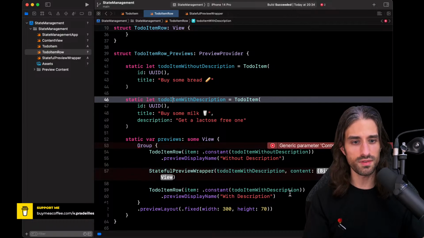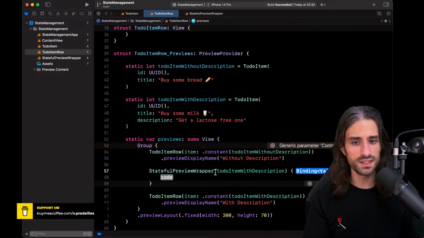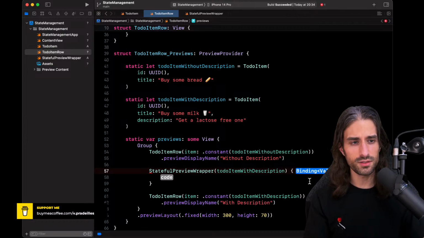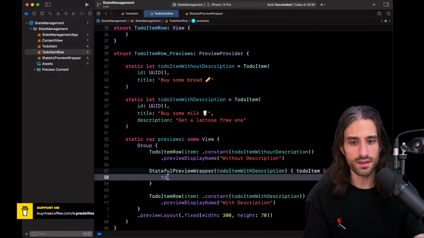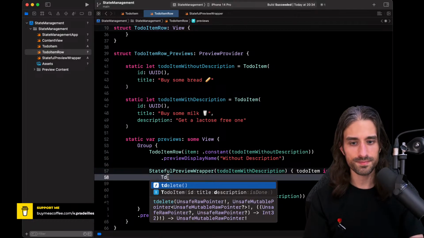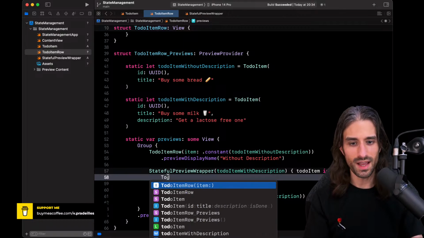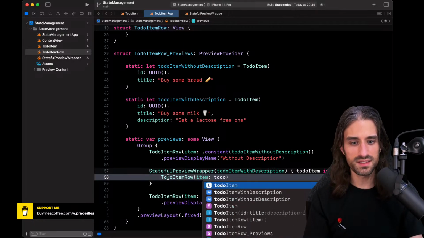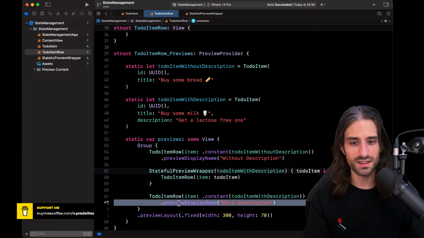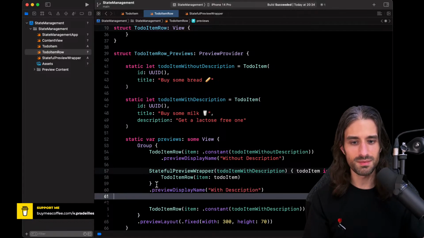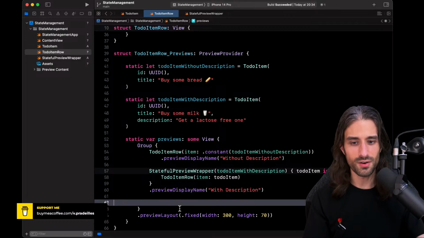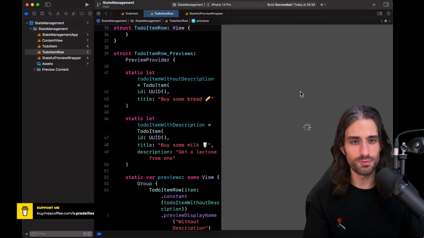It will be the initial value of what will be stored inside the @state property that the StatefulPreviewWrapper wraps. And then inside the closure, I have the binding on the to-do item, and I can create my to-do item row. I pass it this binding. So let me put the display name right here. Okay. Let me display the preview again.